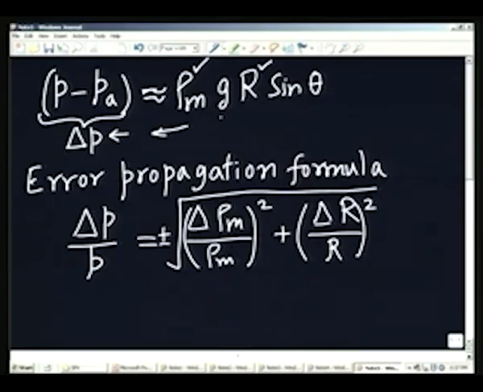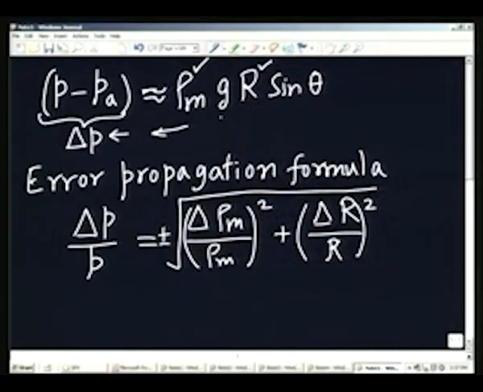Because in this particular case, delta p is a function of product of rho m and r. G and sin theta are not going to come into the picture, because they do not have any error assigned to them. Therefore, there are only two sources of error, error in rho m, error in r,